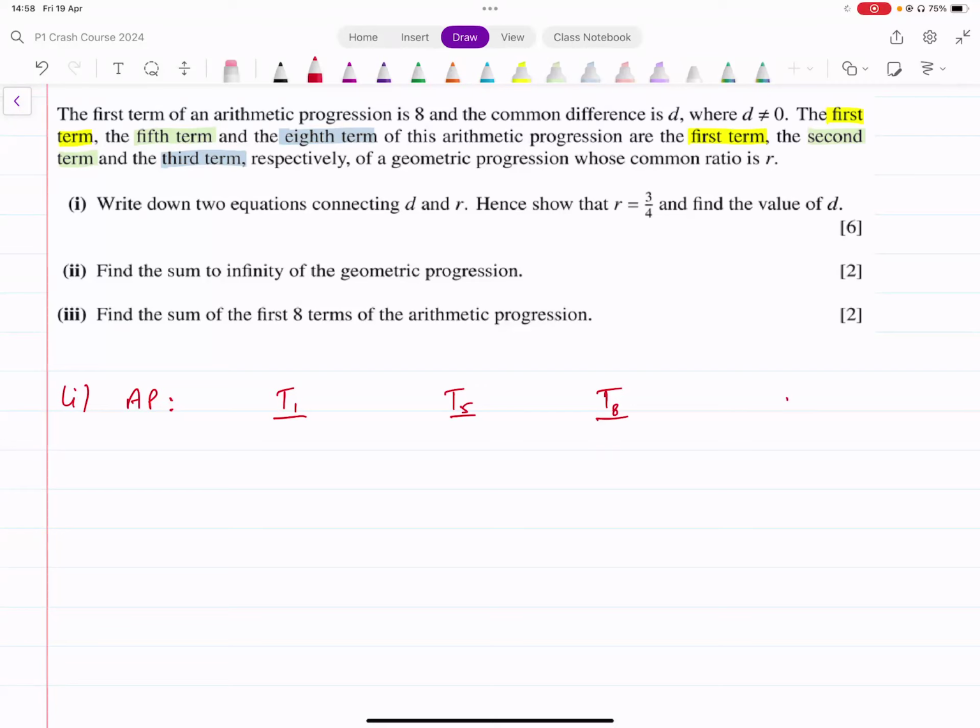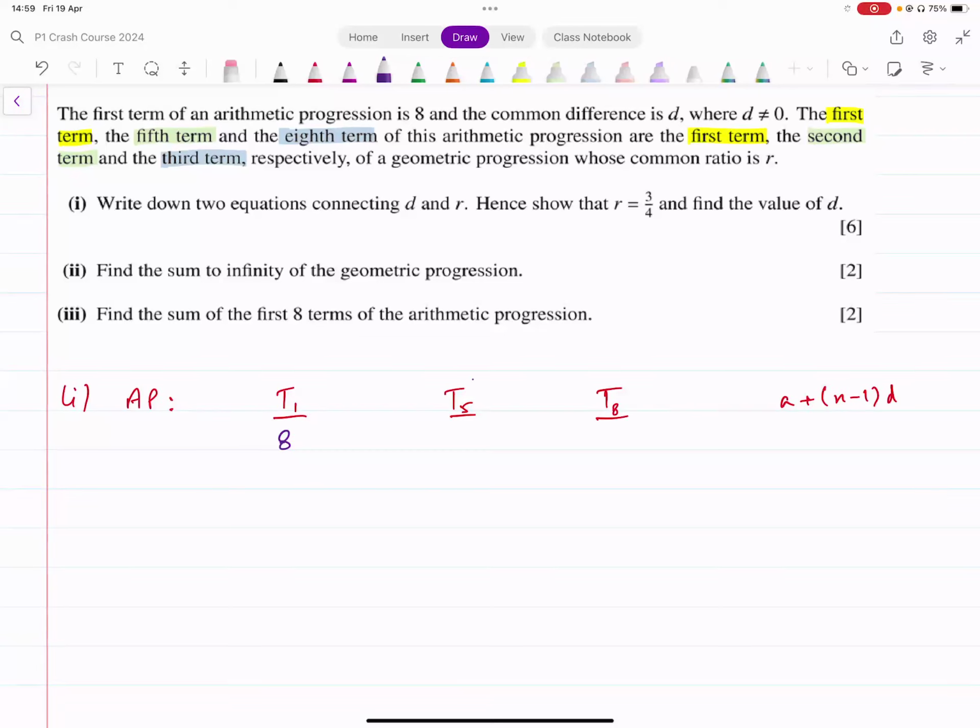What's the term formula for an AP? It's a plus n minus 1 times the difference. Now, if the first term is 8, that's what they're saying. The first term is 8. What are going to be the fifth and eighth terms? We do not know the difference, but can we write those terms in terms of